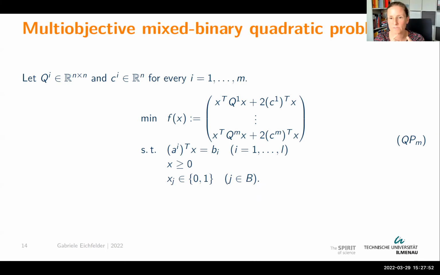So now we have quadratic objective functions, like in the single objective setting. The objective functions might even be non-convex, so the quadratic Q's here do not necessarily have to be positive semi-definite. And the feasible set looks like we have seen in the beginning for the results from Sambura. And the question is now, what comes out if you make the very same lifting steps as you've seen before and this relaxation in the space of matrices?